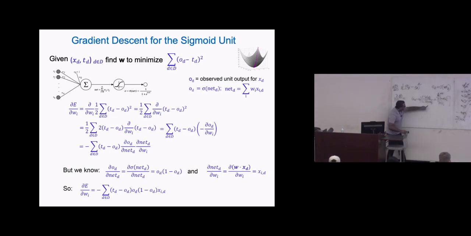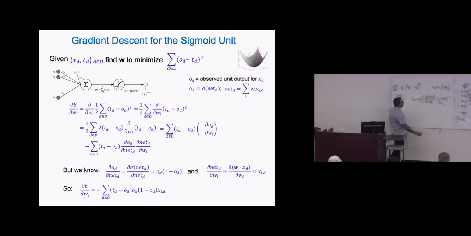Why do we want to do this? Because OD is a sigmoid of net D. So this part now, we can apply our previously learned formula, the derivative of the sigmoid function, because you are taking the derivative of the sigmoid of a variable with respect to the same variable. But now you have an additional term here that you also need to take care of.